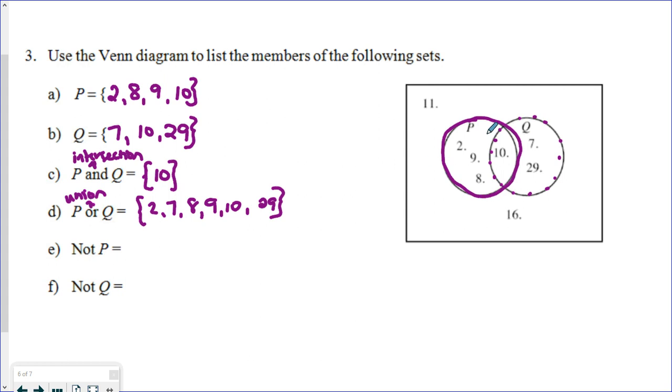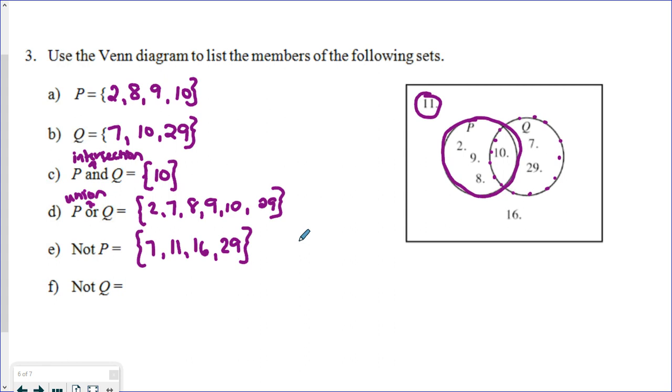So not P. So anything that's not within my solid circle here. So things that are not within P are 7. 11's not within P, right? 11's up here. So it's not within P. 16 and 29